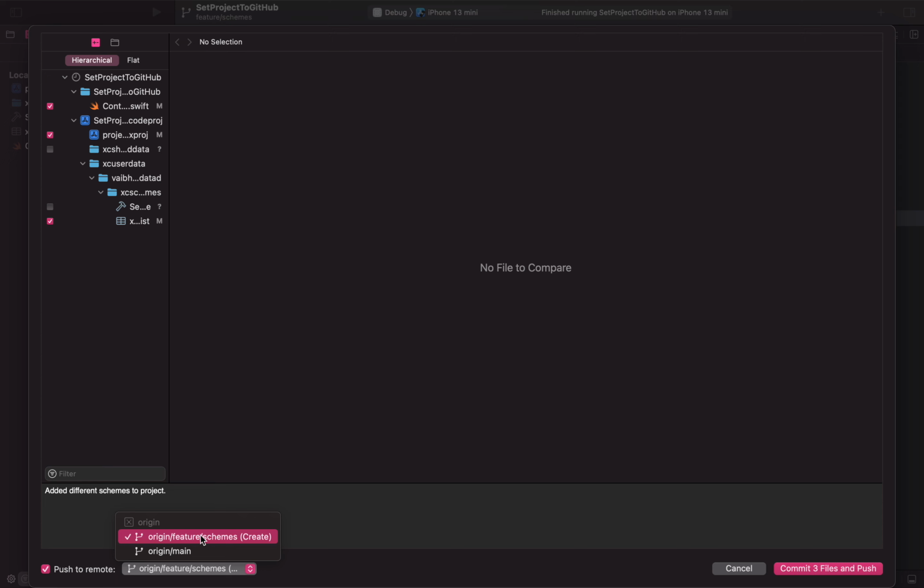If you want that, make sure you select this. It will commit your changes, and as soon as the changes are committed, it will push your code to the remote branch, which is this feature schemes branch. First it will create that branch and push the changes to that branch. So now just click on commit three files and push.